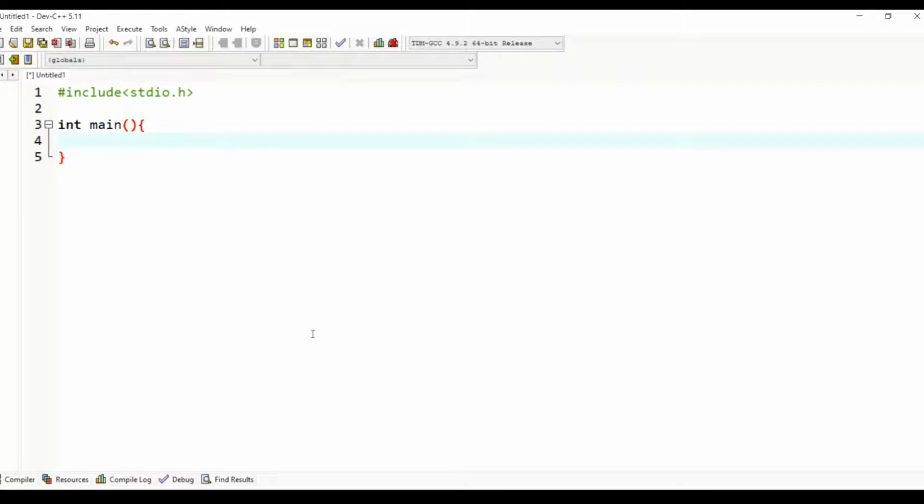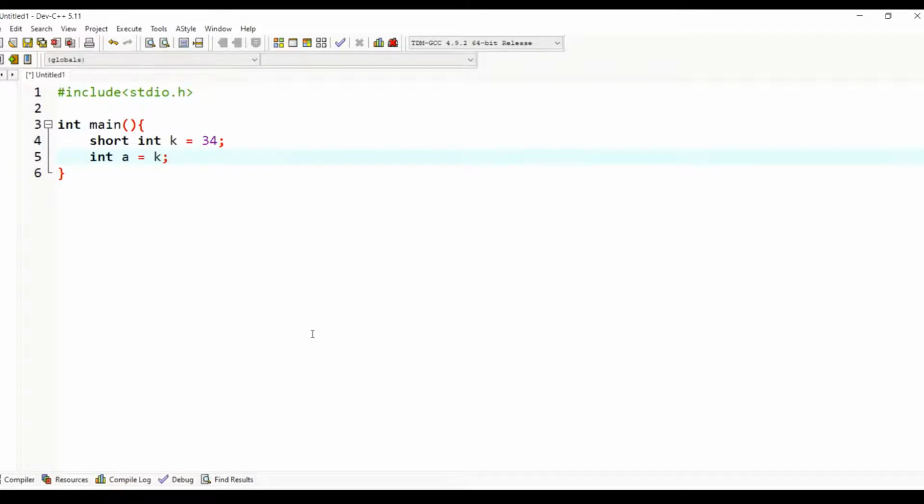First one is the type promotion, bottom to up. I am declaring a short integer k equal to 34, and then I am declaring an integer a equal to k.